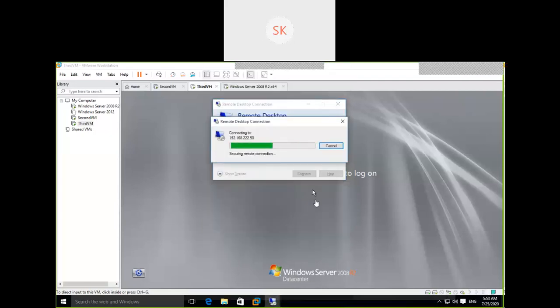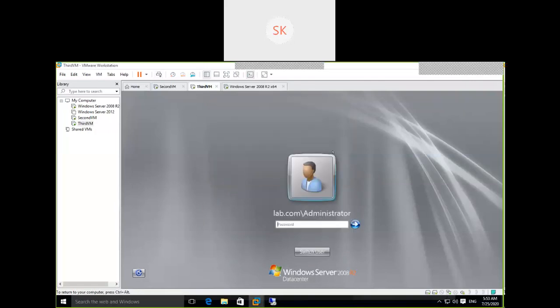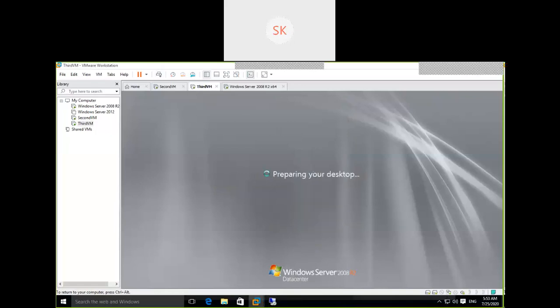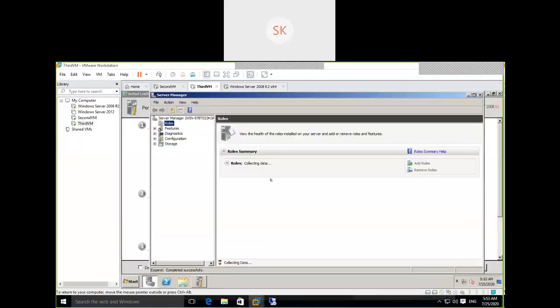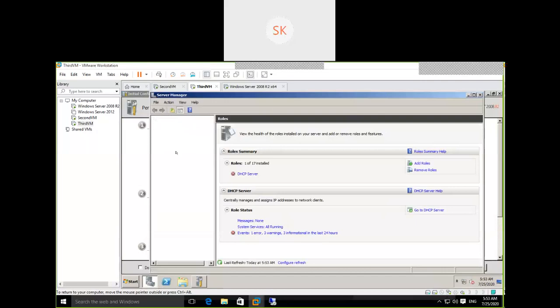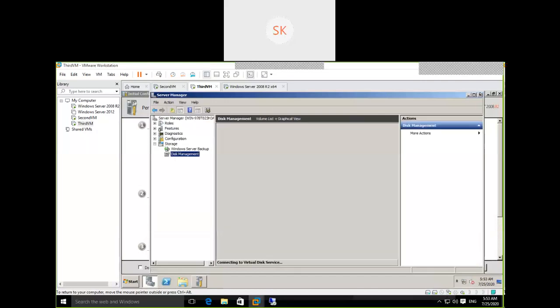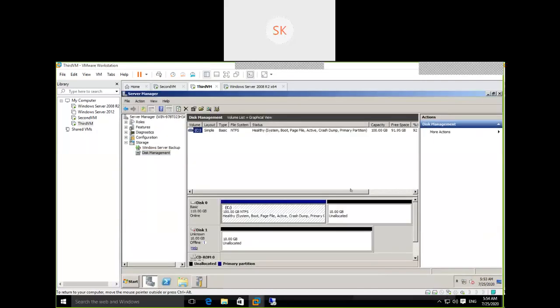Or log in here in the system itself, in the console itself. Open disk management. I'll discuss disk management in tomorrow's session again, starting tomorrow. Disk management is very important, for troubleshooting and expanding.